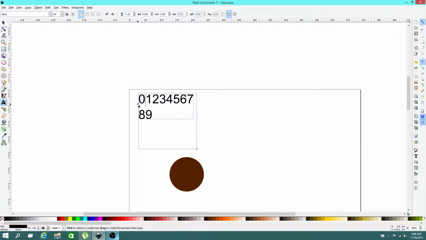And I guess we could just put the 0 after the 9 to make it a little simpler. So 1, 2, 3, 4, 5, 6, 7, 8, 9,